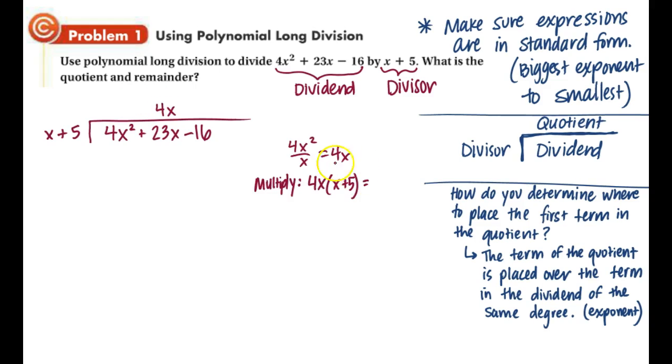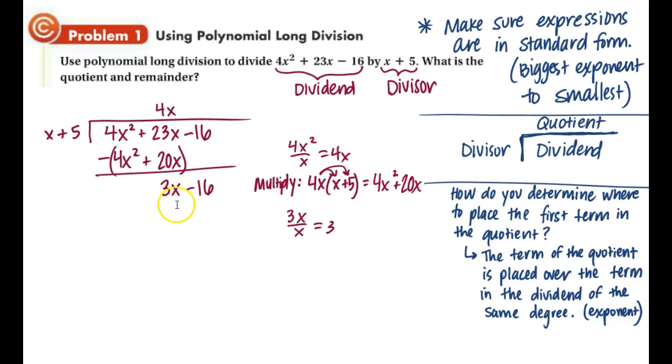So now we want to multiply 4x times x plus 5, which is the divisor. So we are just distributing that, and we get 4x squared plus 20x. So that is what goes below. And we will be subtracting that, and I always put parentheses around my expression so I know that I'm sharing the minus sign to both terms. So when subtracting, I get 4x squared canceled, and then I get 3x remaining,